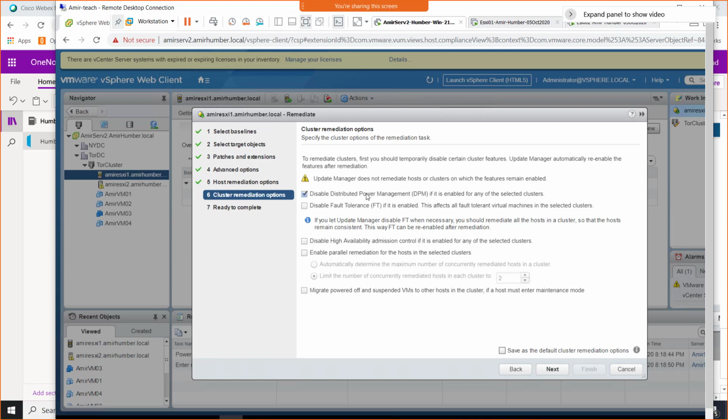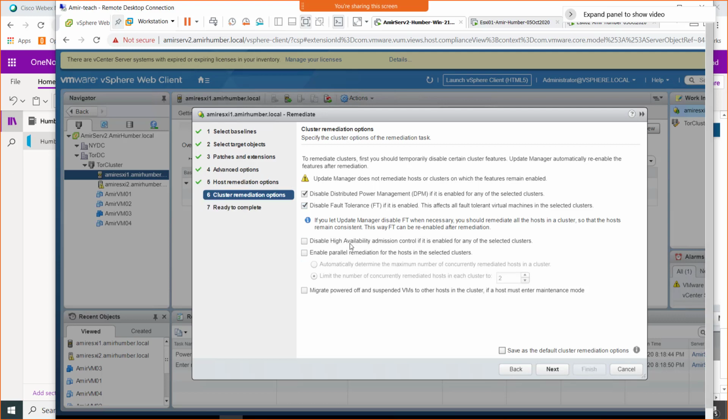Right now we don't want DPM to be on, although in our case DPM already is off, but still we're going to keep it disabled. Do you want to disable FT as well? Fault tolerance may not be a hurdle in the patching, but I want a successful patch, so no surprises. So I'm going to click disable if the option offers me to disable it. Yes, then why don't we just do that? Temporarily it's going to disable the fault tolerance as well, so we could avoid any surprises there.